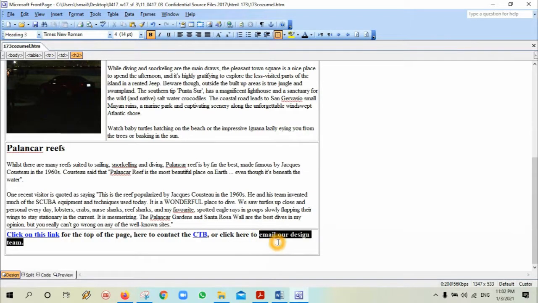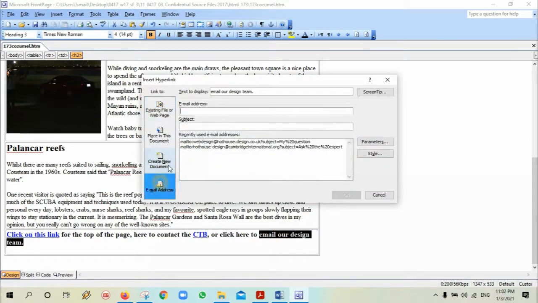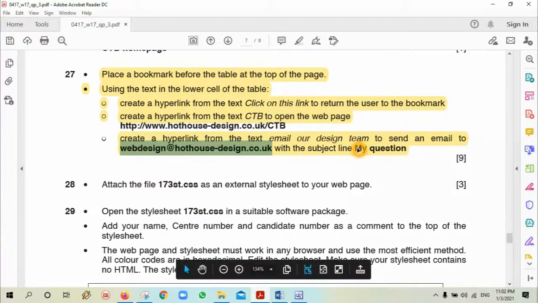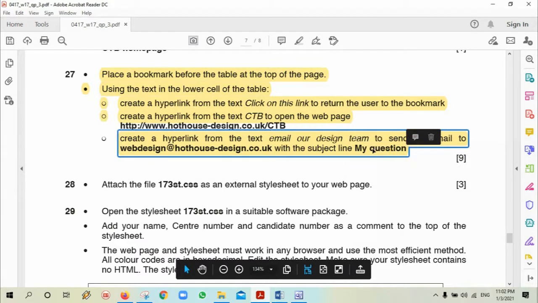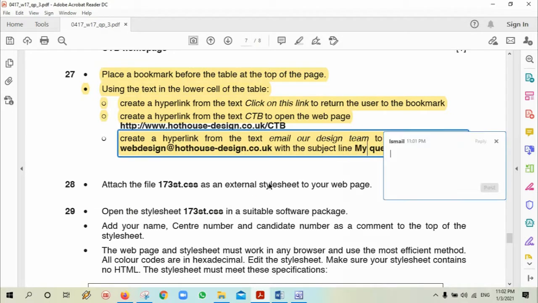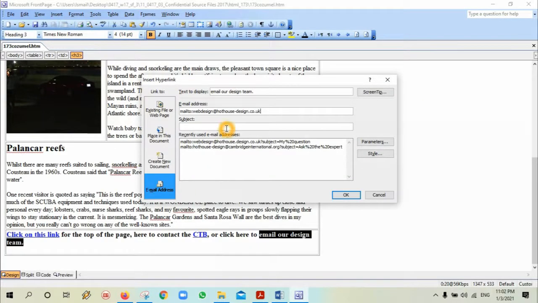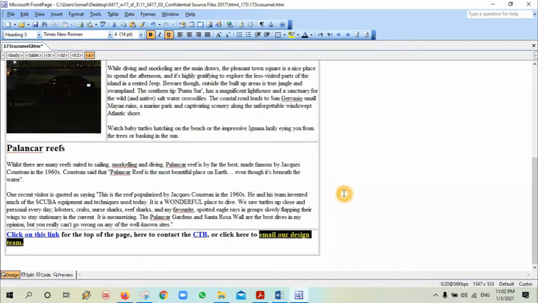Select this one, our design team. Right click, hyperlink, and this time you're going to select email. So what is your email? Here. And what is your subject? The subject, my question. Alright, I hope I can copy this one. Alright, highlighter will not allow me. So it will be my question. Remove this part. Go back here and write down my question. Okay, press OK. Now when someone is clicking here, the email client will open